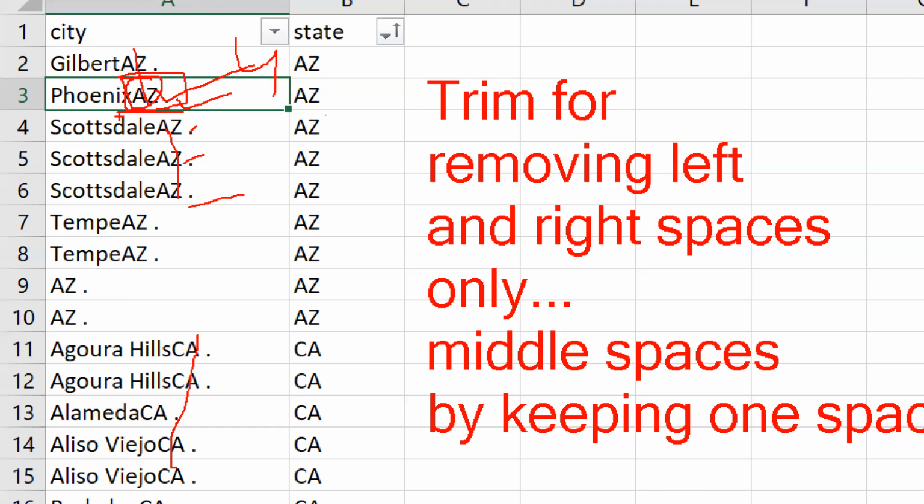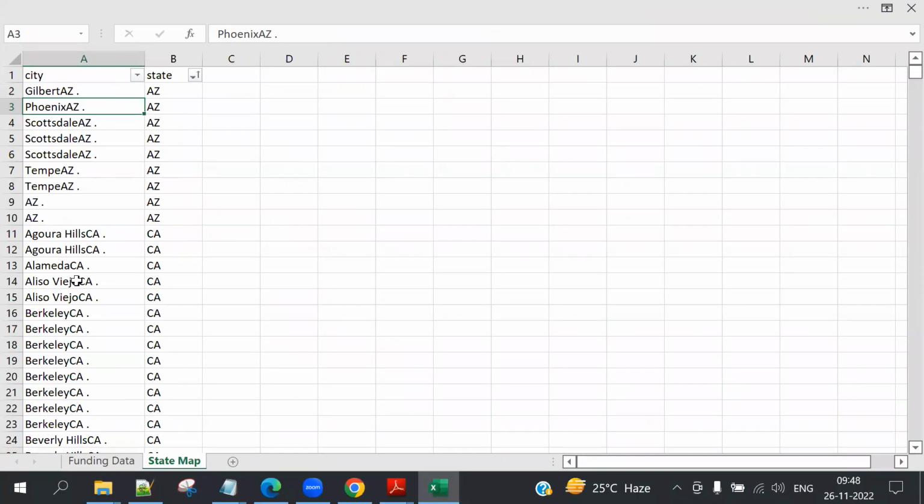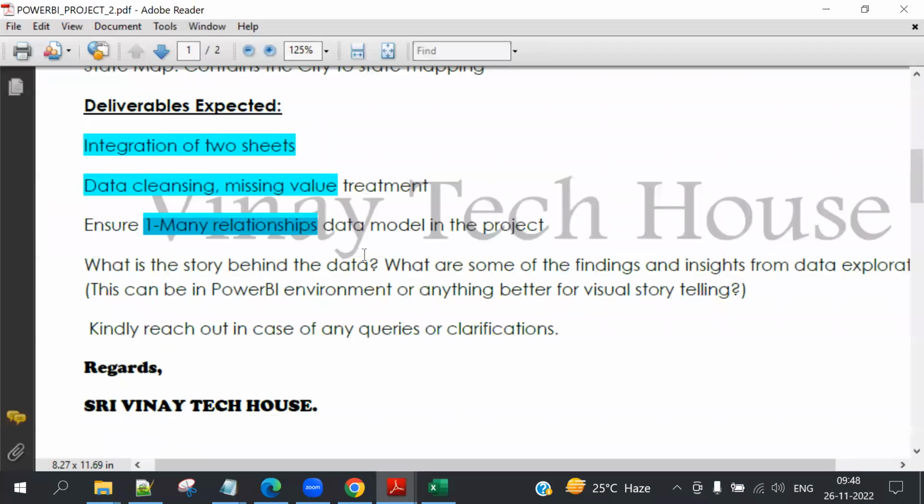So here, cleaning is required in 2 ways. 1 is this, second is duplicate elimination. 2 topics. Perfect. Okay, I will remove the duplicates. I need to establish a 1-to-many relationship. Which one is 1? Which one is many? How do you identify which one is 1 and which one is many? If you don't understand, immediately stop me and get the knowledge. On what basis do we identify which one is 1 and which one is many? He has explained it to you. Are you expecting 1-to-many only?